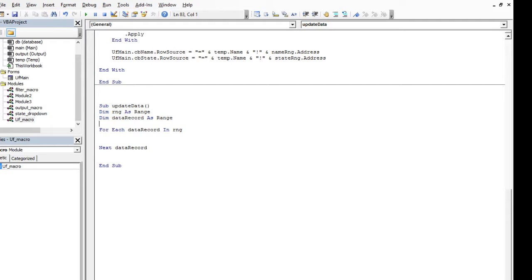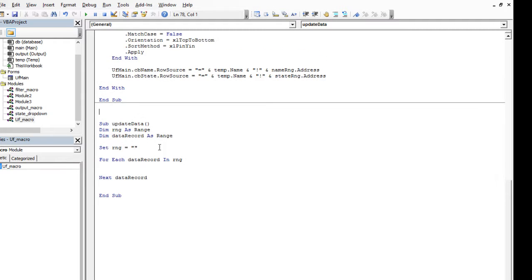All right, and we're going to set a range here first. Set range equals same type of range that we always do. So this time we're going to be cycling through our names, right? So our name is what we want to, so we could have called this name, but